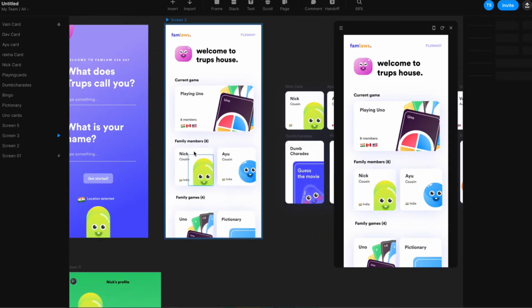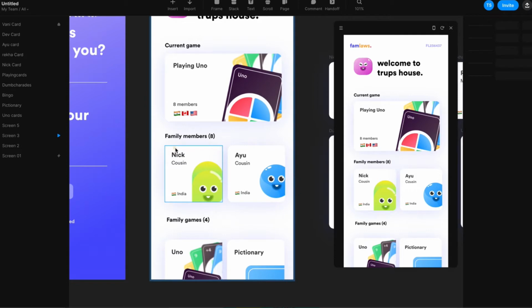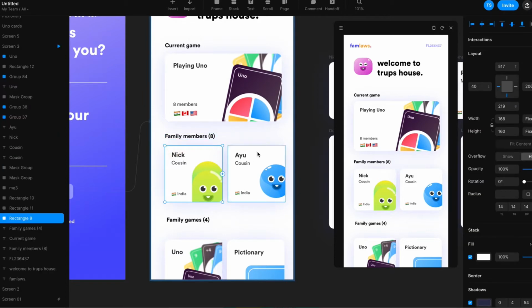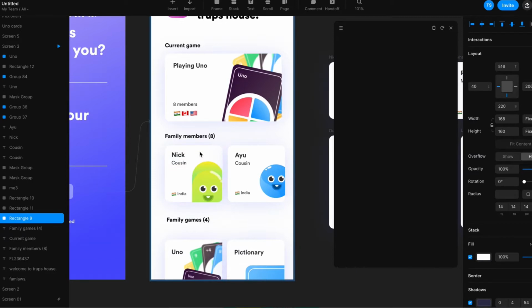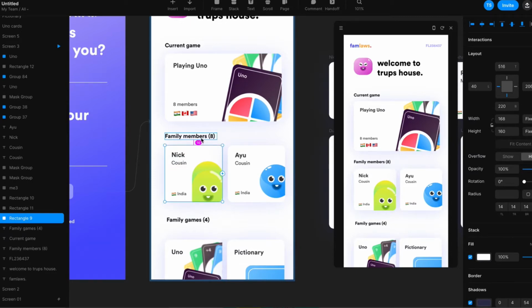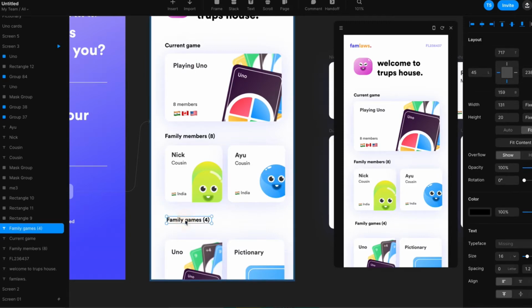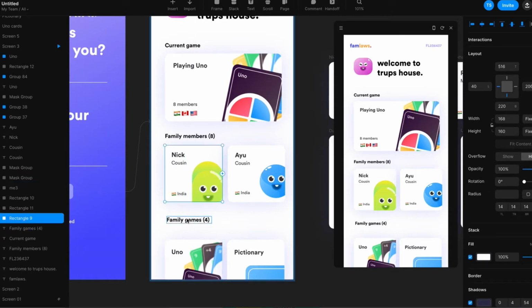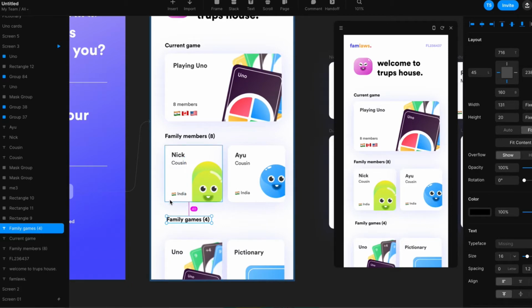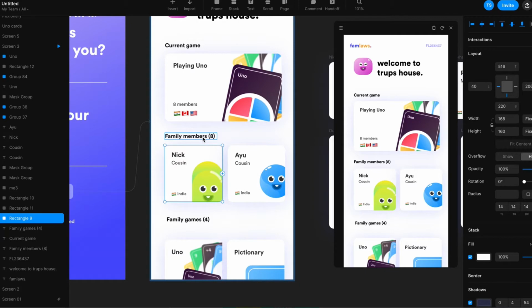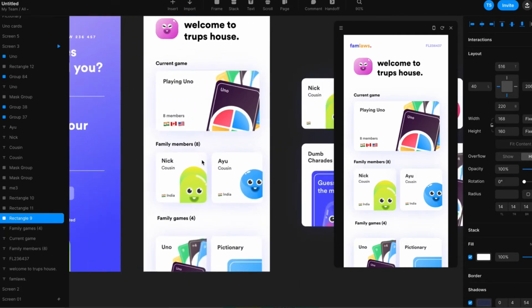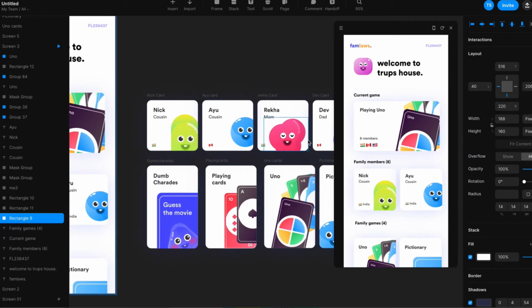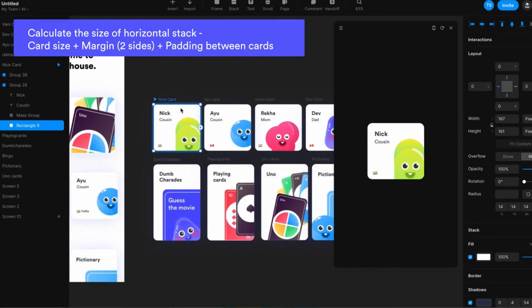So what we're going to do is first analyze this area. If you click on this card, the spacing is 16 from the top, the spacing is 40 from the left-hand side, and I think it should be 40 from the bottom area also. Okay, so there's 40, there's 40, and this is 16. So we are going to create a frame based on the calculation of 5 cards, each of these cards